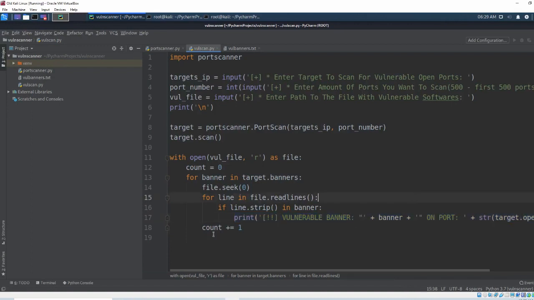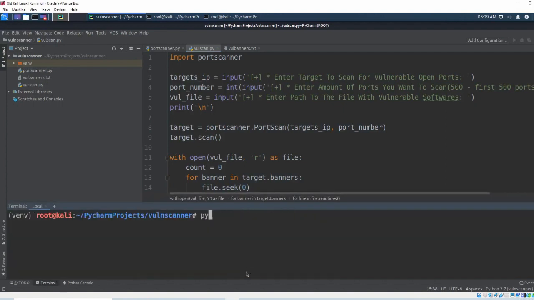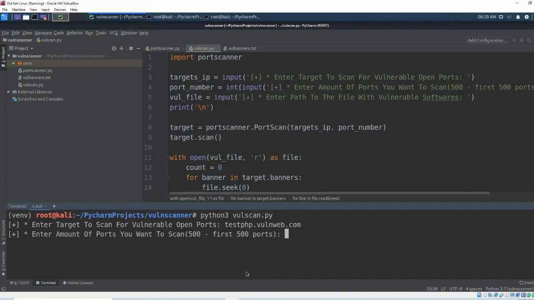Alright, so now that we recapped all of the things that we did, let's perform one final test to see whether it works. If I clear this, python3 volscan.py, let's perform the same test once again, volweb.com, first 100 ports, and